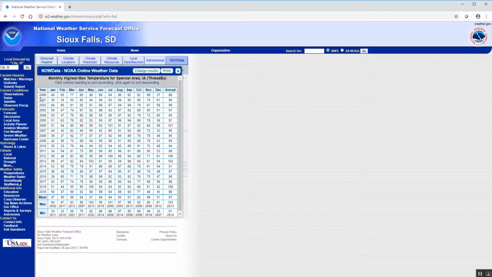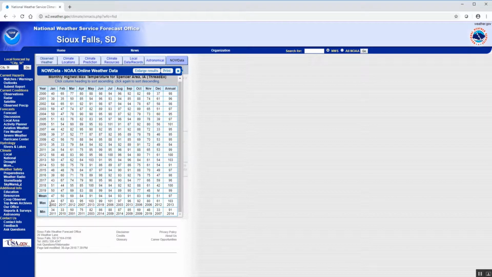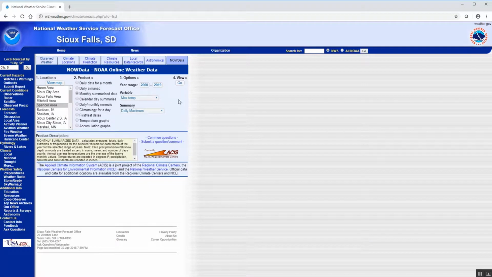Once we hit go, again, it will give us every year from 2000 to 2019, and then what the warmest temperature during that month was for that time frame. It'll also list the warmest temperature over that entire time frame for each month, listed down at the bottom, as well as the coolest max temperature. We can do this same thing with precipitation or even snowfall, using a table with how much fell, the average,